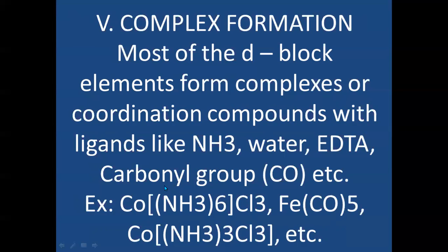Generally, every atom which is forming a bond will supply or share one electron. But here, both the electrons are donated or supplied by one molecule or atom. Therefore, there is a difference. This type of bond is called a coordinate covalent bond, and generally a coordinate covalent bond is represented by an arrow mark. So here cobalt and ammonia form a coordinate covalent bond between them.